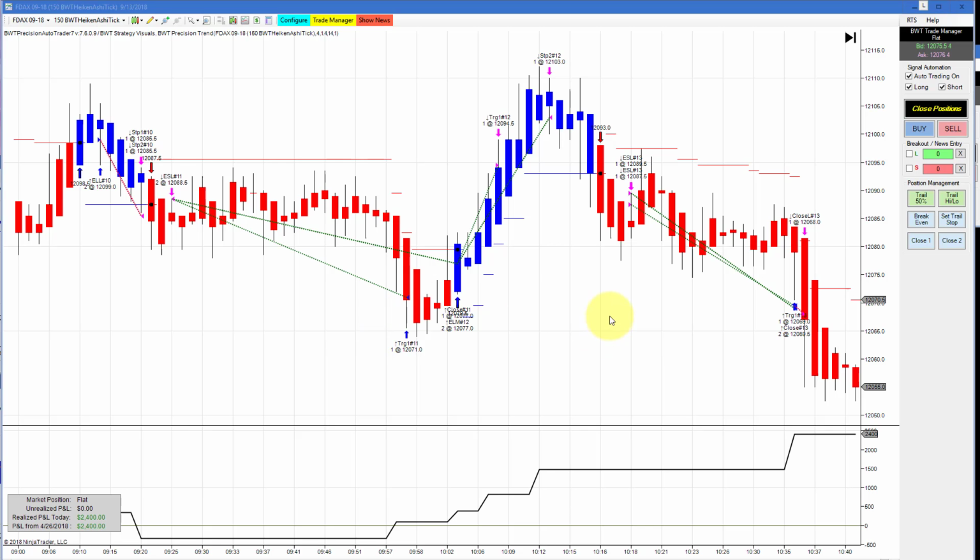So we have a video today. First up is the DAX on the 150 Kagi tick chart, which has been super consistent for us. And looking at the swings here, we see one loser and three winners back to back, and